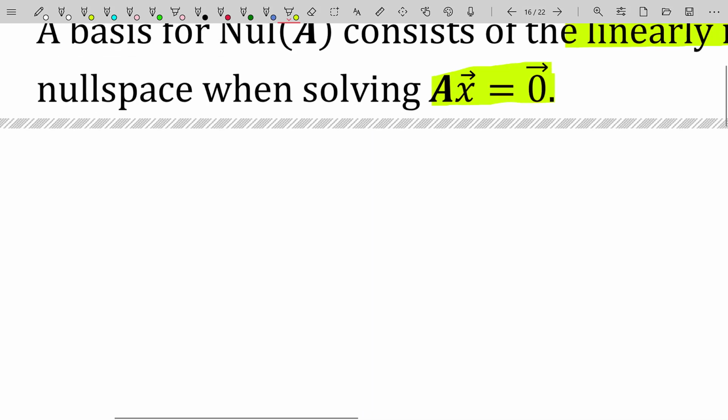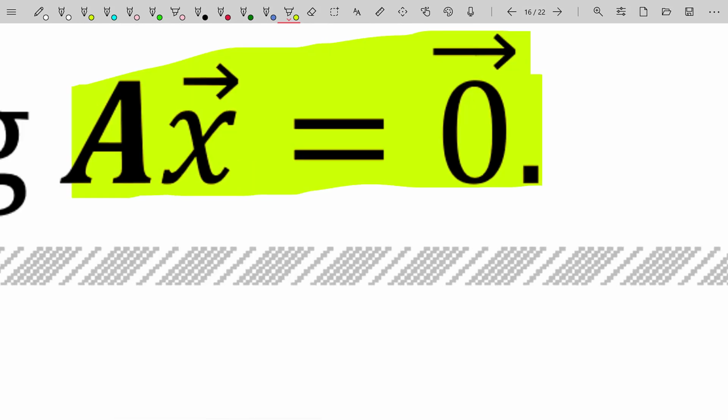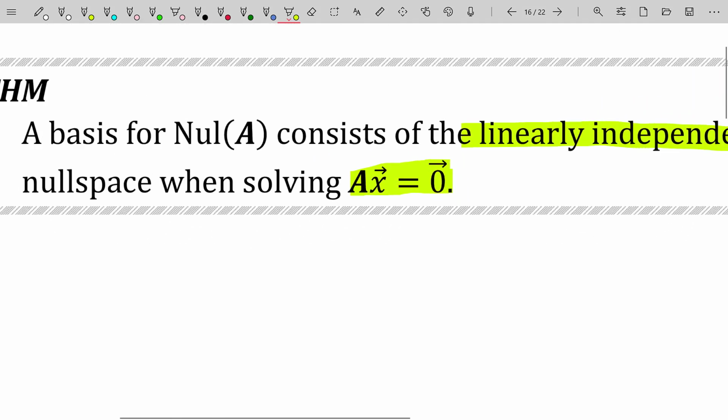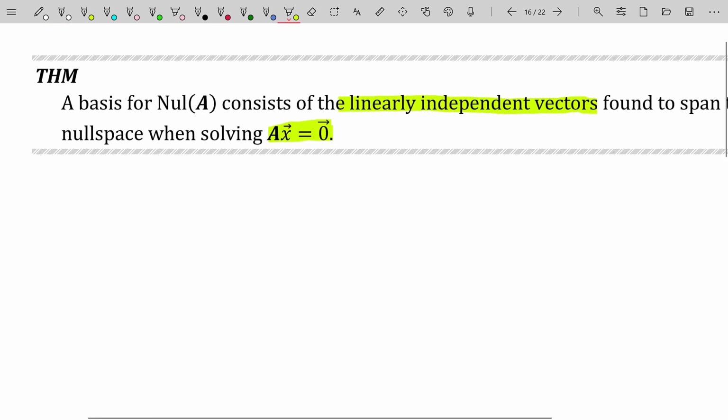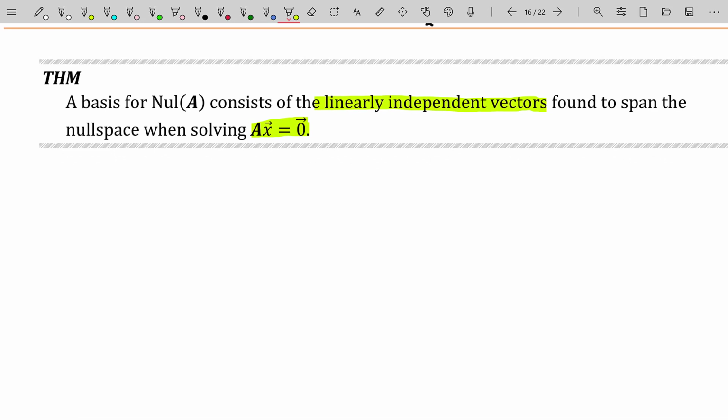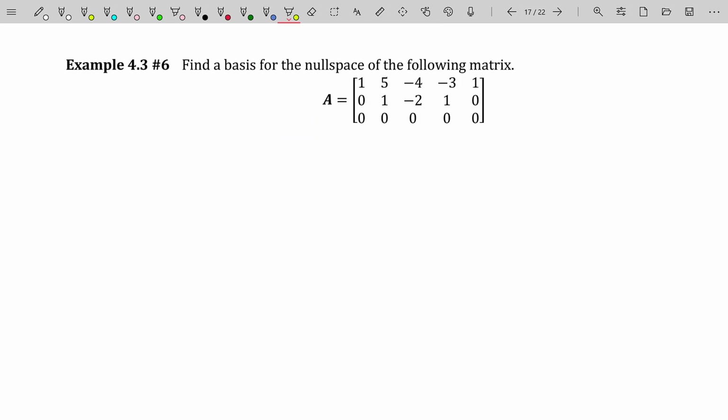Recall the null space for a given matrix A is a set of solutions to the homogeneous equation AX equals 0. And all this theorem is saying is, if you have a basis for that null space, well, obviously, it's going to be linearly independent vectors that span the null space. That's from the definition of a basis. There's not much else I really need to say there. But it would be good for us to go through an example to find a basis for the null space